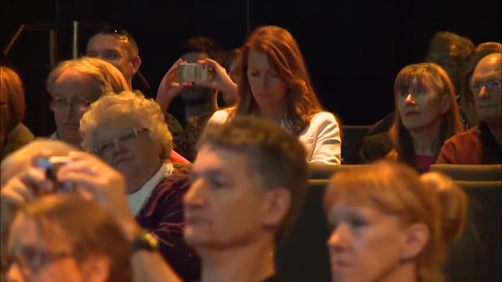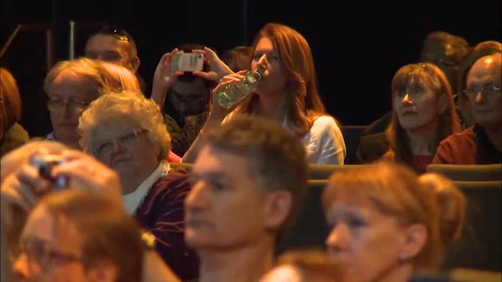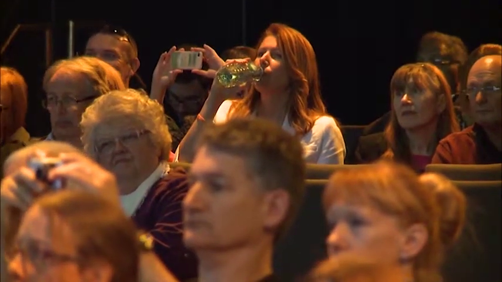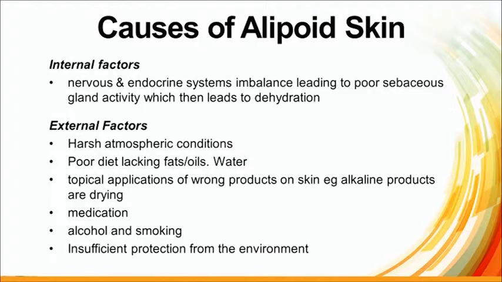Okay, some of the causes of alipoid skin are obviously internal factors, which are your nervous and endocrine glands, leading to poor hormonal balance that leads to poor sebaceous gland activity, and this leads to dehydration. External factors are your harsh atmospheric conditions, poor diet, diets that lack fats and oils, and by that I mean good fats and oils,